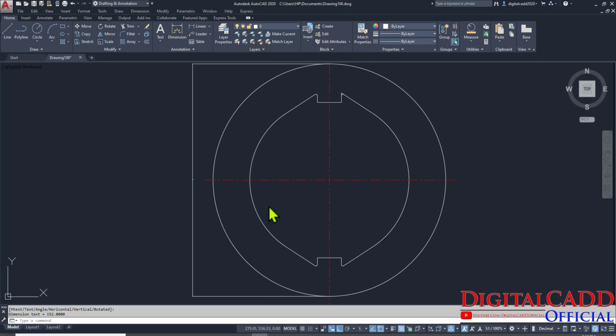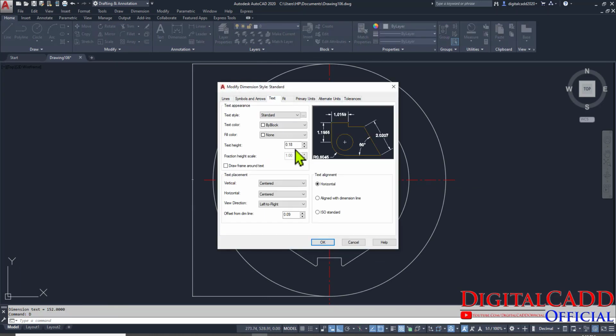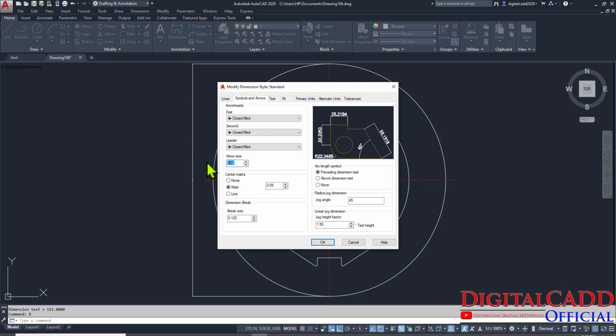Let's press D, enter, go to modify, and we have to make changes a little bit. 5, and then ISO standard, and here we have above, and here 1 mm. We have discussed all about these things in our previous lectures, and I'm not going to repeat the same thing.